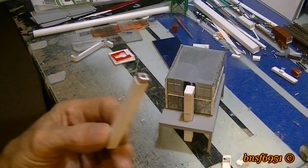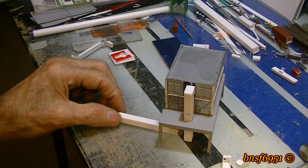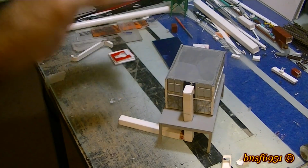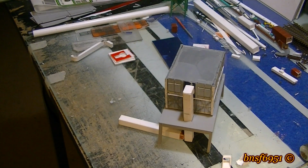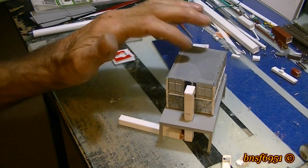And again, with this one here, I did the same thing. I put a tube inside the tube so I have a good gluing surface, and it'll go down here. The length still needs to be determined because the silo and the smokestack sit right about here. So anyhow, I'm going to continue with this. Probably going to paint this with aluminum. I'm not sure yet, but there's also a